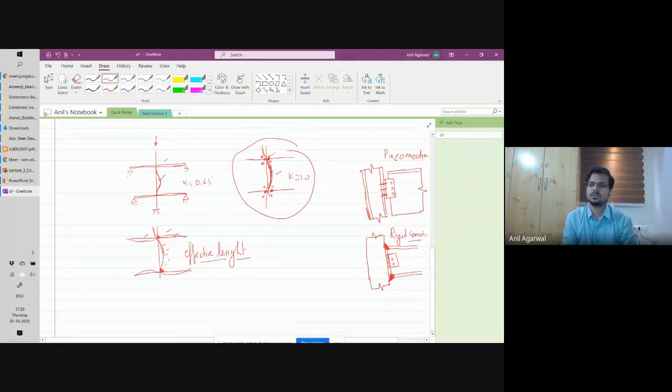This kind of rigid connection is provided seldom in steel construction, but in concrete, almost all connections are rigid connections. Therefore, this particular chapter becomes more relevant for concrete. In steel too, sometimes you do this kind of connection, and therefore you have an issue that you have to address, where the effective length becomes more complicated, and that's why this chapter is there.